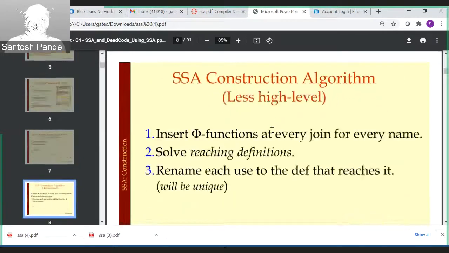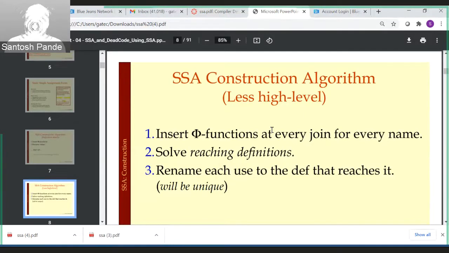So we are going to finish the SSA generation and also hopefully get to the application of SSA, which is dead code elimination. This particular topic of dead code elimination is also covered in the SSA paper that I have put out there, the original SSA generation paper. So that was the first application they thought of. We will be covering next week a brief introduction to sparse conditional constant propagation,